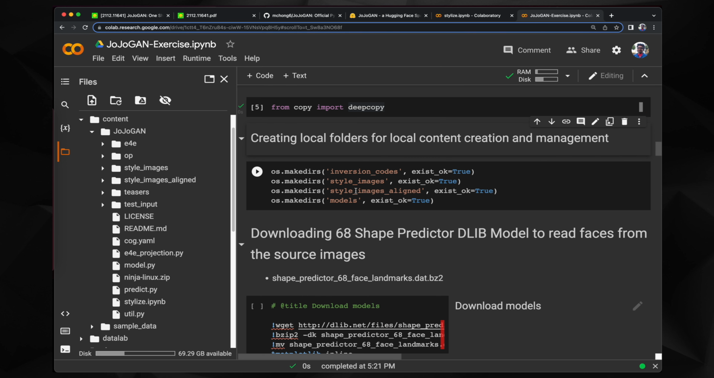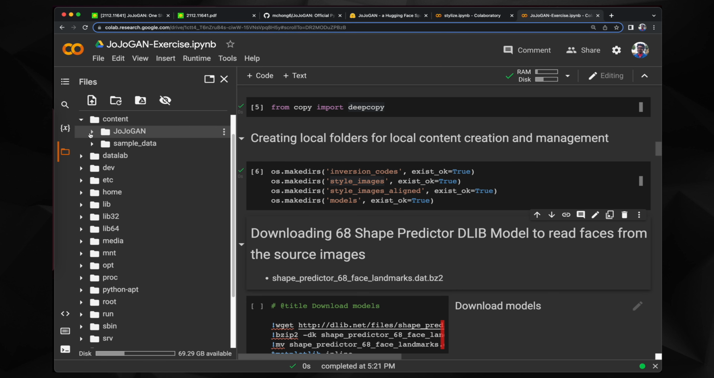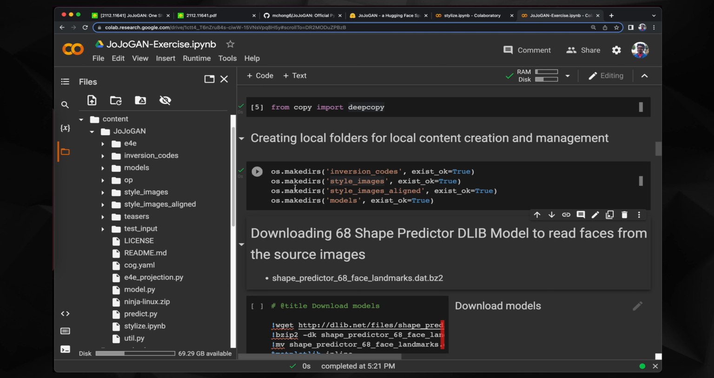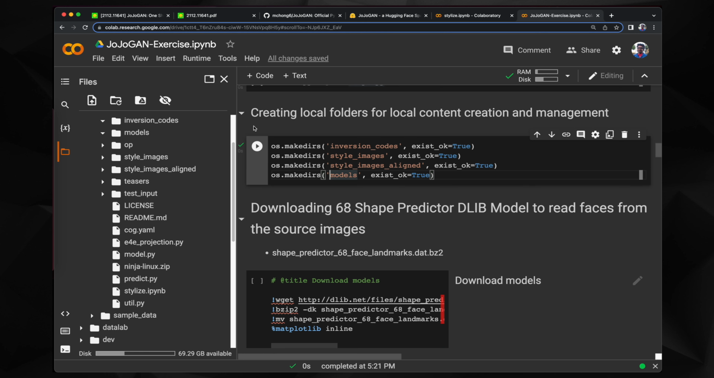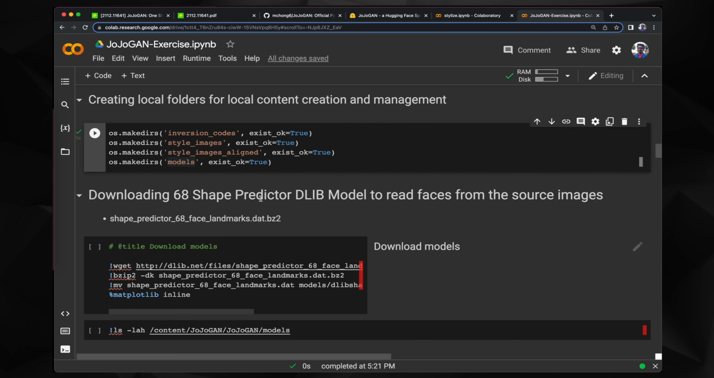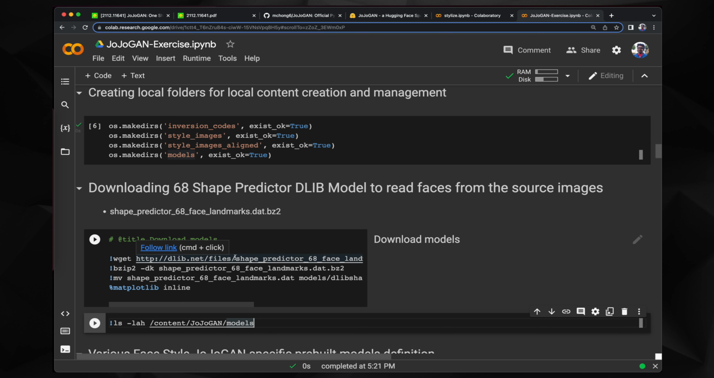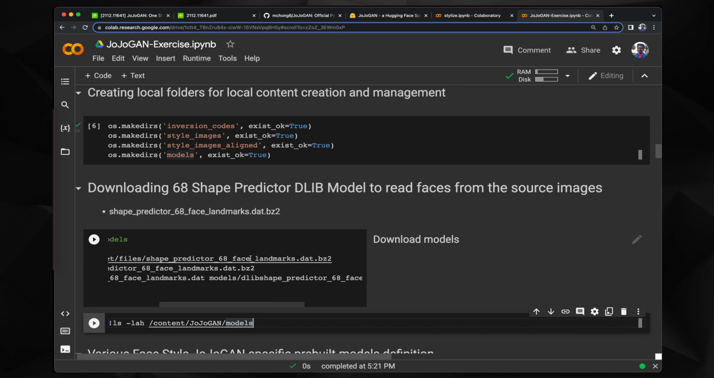Now we are creating the style images aligned, models and inversion codes folders. These folders will be created within the JoJoGAN. So you see here the inversion codes folder is added, models is added, and these two were already here. In case you do not have them, these folders will be created. At this point, I will just close it, and in the next step, we are going to download this library